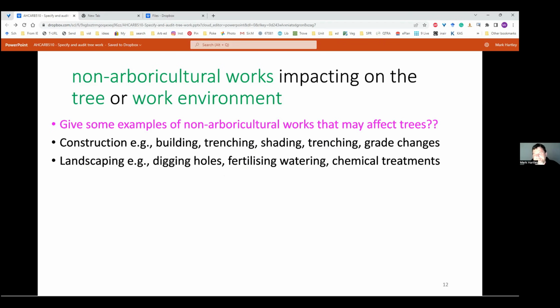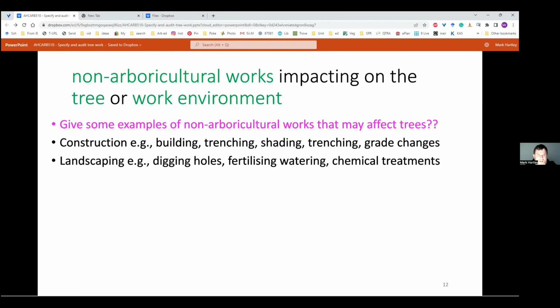There's a great story of that, Owen, not so much with trees, but with cars in London, where one of the buildings with its reflective glass had a curve to it, and it actually became a concave mirror reflecting out like a magnifying glass, and it was melting plastic moldings on cars. So certainly they can have an impact, and we need to be aware of those impacts. And there's a good example, again, of non-arboricultural work having an effect on trees.